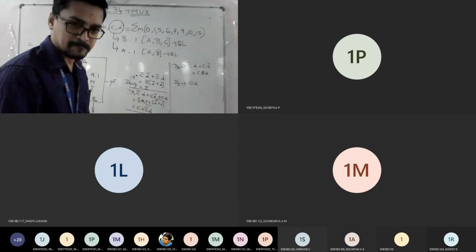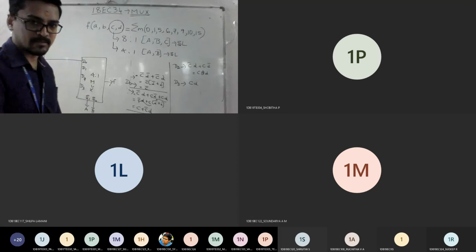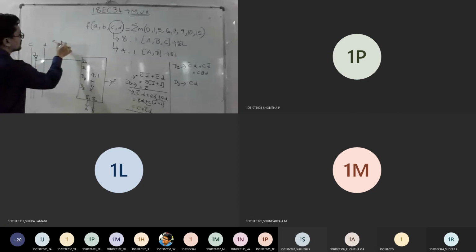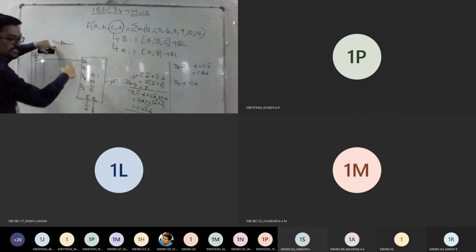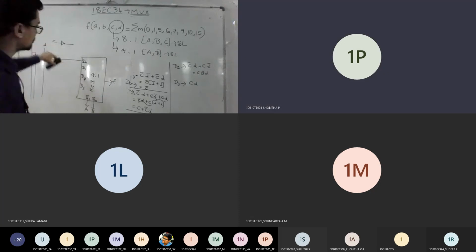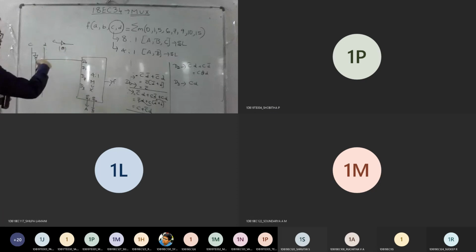Any doubts? Anyone? Is it fine? Next. Or you can write this in this way also. C input, C bar. So like this also connection can be done. Yes or no? Possible? Yes, sir. So whichever way you want, you just check out. I can connect like this also or this also. Both are fine only.